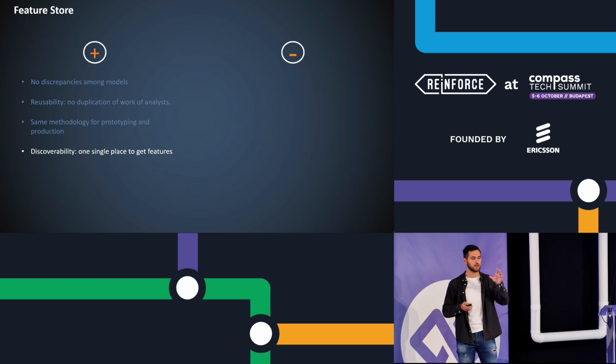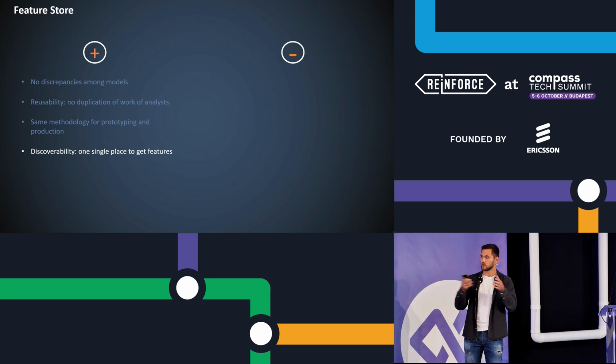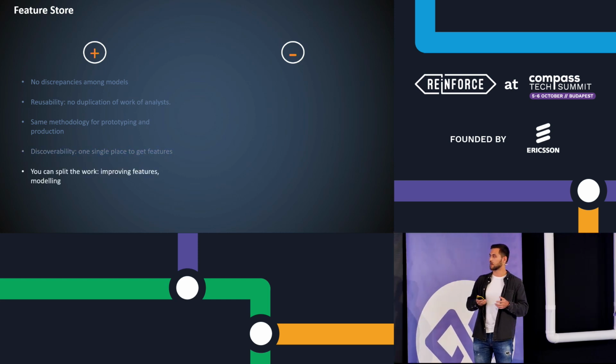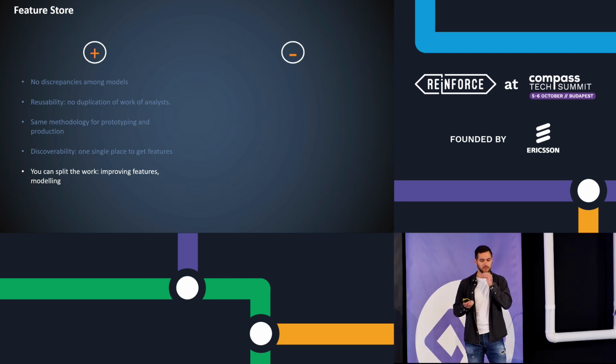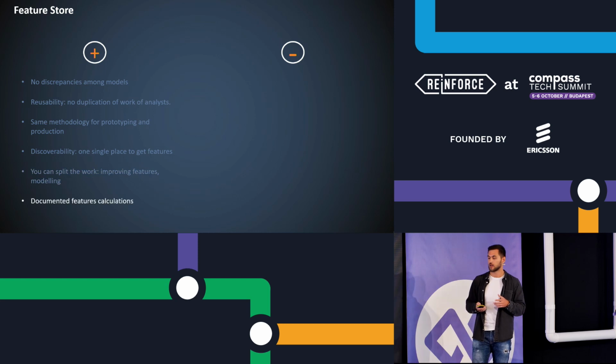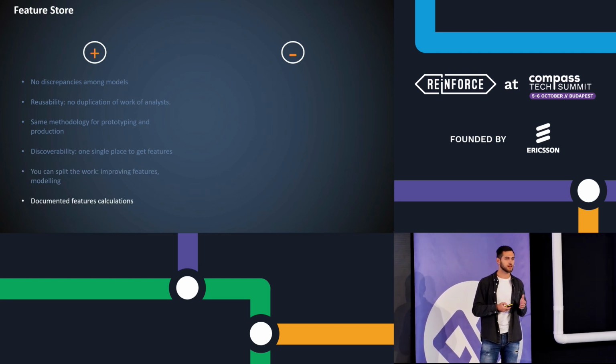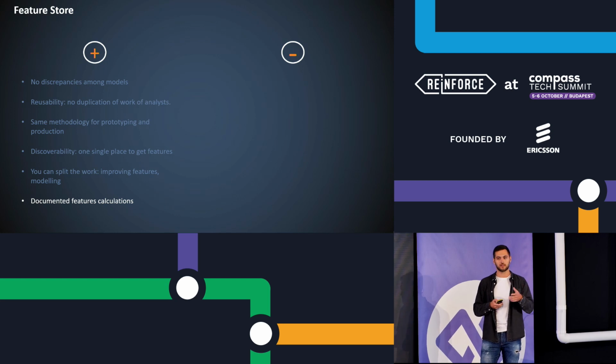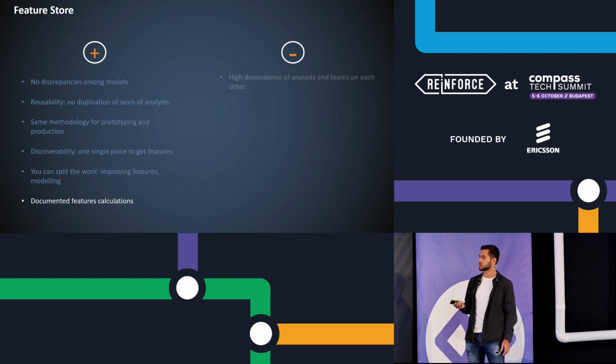There are a couple of tables, for sure, that you join together, and you will get all the features. And one more thing, very important, by the way: data scientists usually are not only working on the models, they are developing features. And by creating a feature store, you can divide the work between data scientists. Some people are preparing data and trying new features, and some are doing the modeling part. And usually when we make a feature store, everything will be very well documented, which is very important for us.